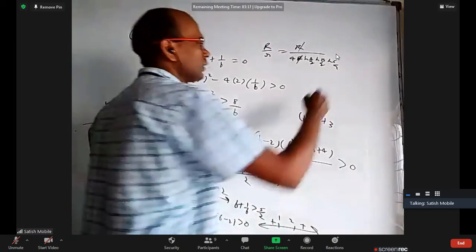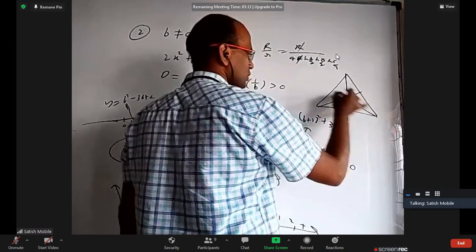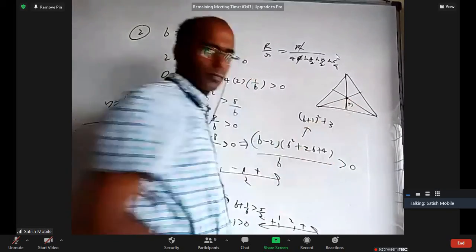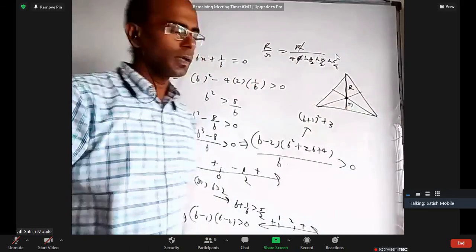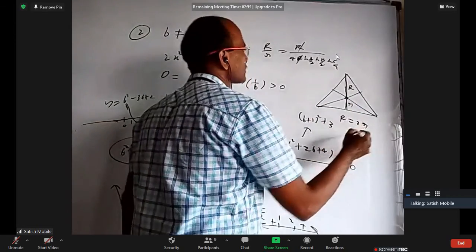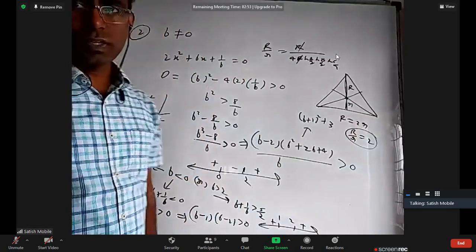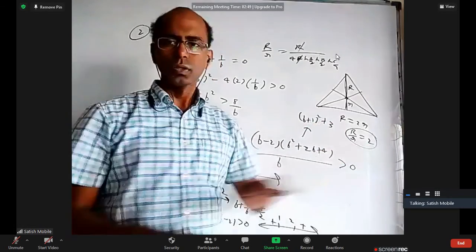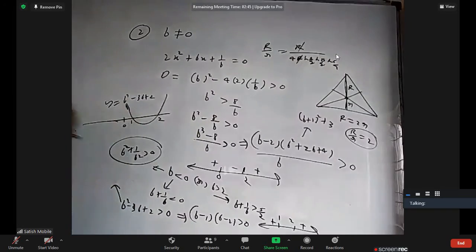But you don't need that. If you take an equilateral triangle, draw the 3 medians or altitudes, everything is the same. Because this is the incenter, this length is small r. Because this is the circumcenter, this length is capital R. And because this is the centroid, this length will be double of this. So capital R equals 2 times small r, so R by r equals 2. Whatever equilateral triangle you take, every time the circumradius is double the inradius. So always 2, it doesn't change. That's exactly the question.